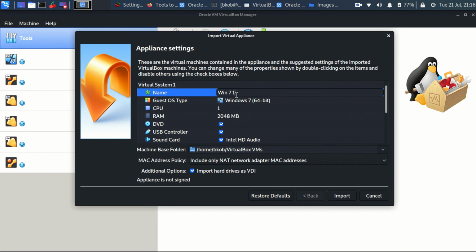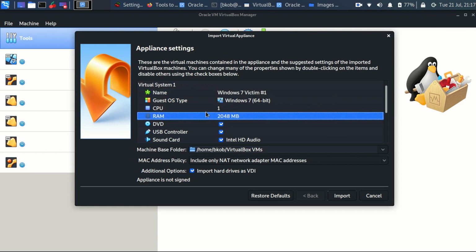Once you have installed VirtualBox, if you double click on the .ovf file of Windows 7, it will automatically show you the importing console, where you can edit any options. In my case, I have only changed the name from Win7 to Windows 7 victim #1.